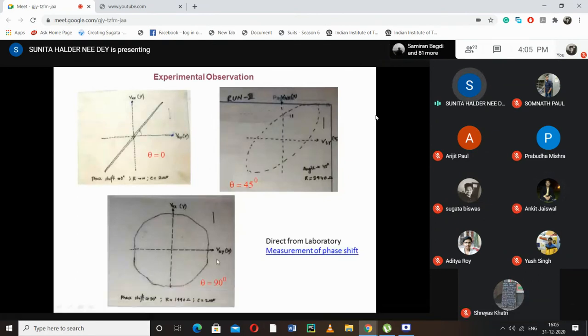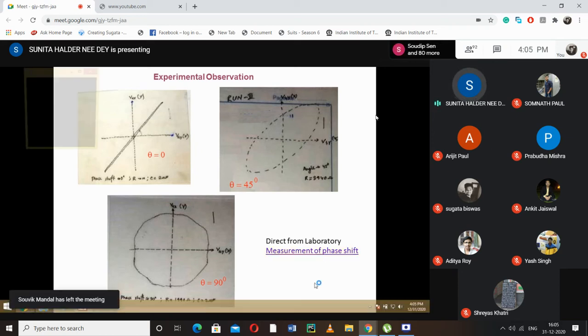Now, if you see the experimental observation, one student has got this type of observation. Every time you must write the angle and what is the resistance. For which resistance he has got the 45 degree angle, that he has written. Capacitor value is constant, 2 microfarad. Then this is about theta equal to 0 degree, theta equal to 45 degree, theta equal to 90 degree. He has not got exactly a circle. Actually, it is not possible to trace from the screen because it is always running. Anyway, it will be near to a circle, because our aim is to get the intercept and the maximum value the same. Then it will be a 90 degree phase shift.